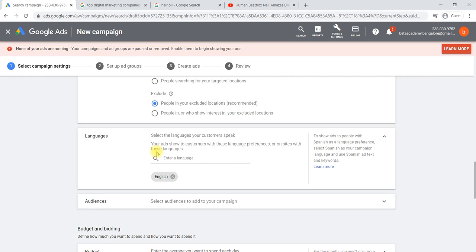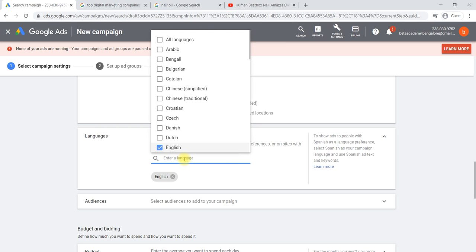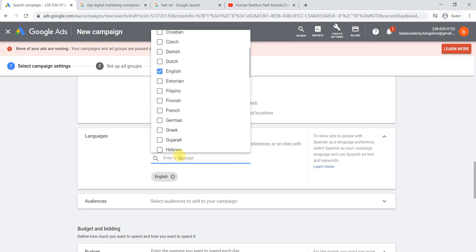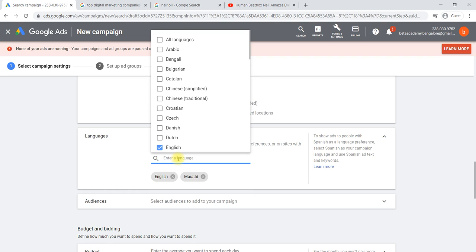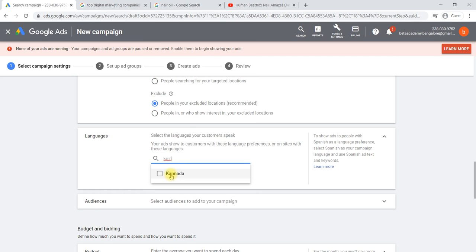Then language setting. In the sense, which language the customer is speaking, based on that also you can select. Like here, you can select Marathi speaking, Kannada speaking, Tamil, because we have selected those regions, right?